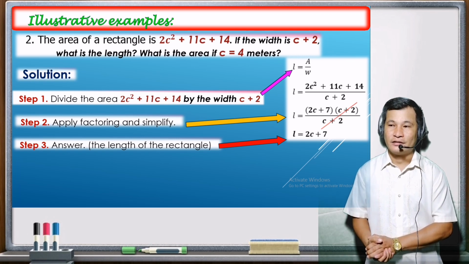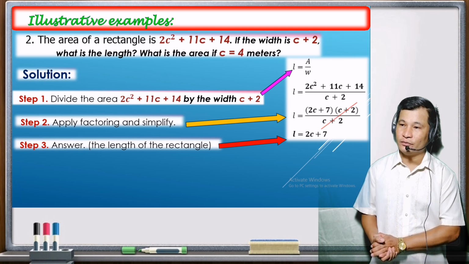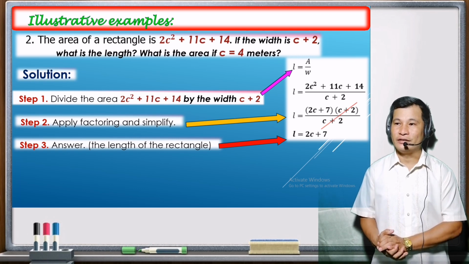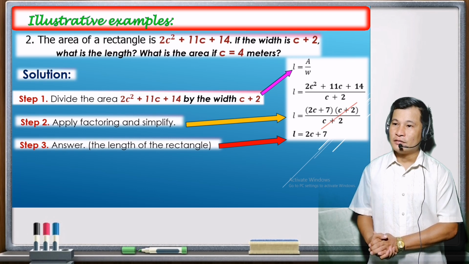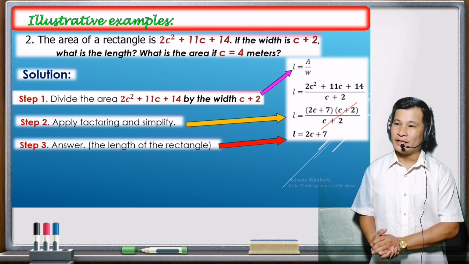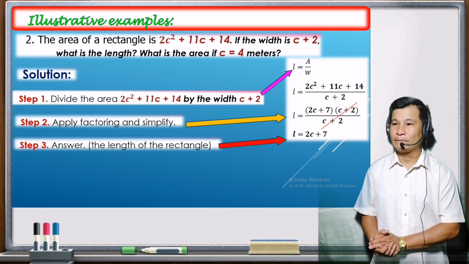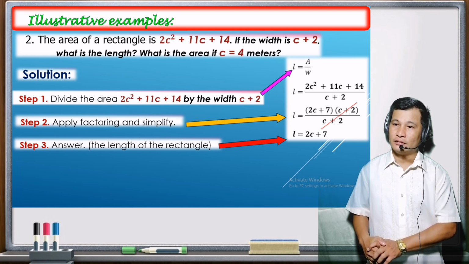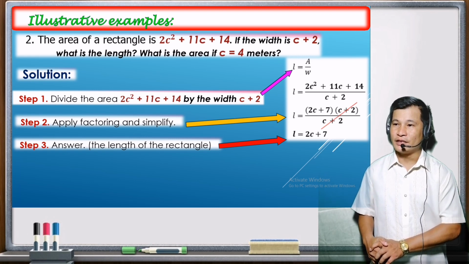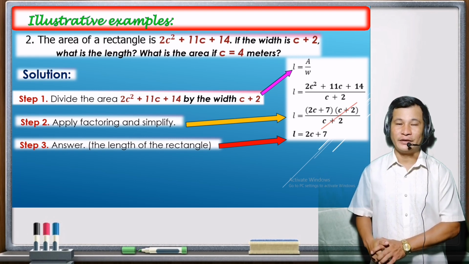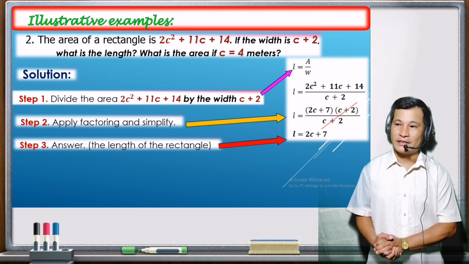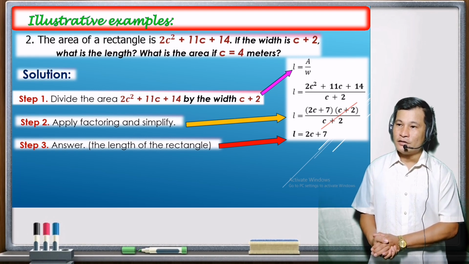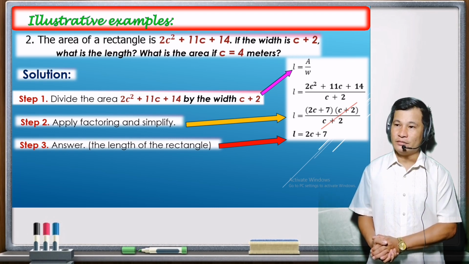write the final answer. So in our solution, we have L equals A over W, where L equals the length, A is the area, and W is the width. That equals 2c squared plus 11c plus 14 over c plus 2. If we factor the given polynomial 2c squared plus 11c plus 14, which is the area of the rectangle, we arrive at 2c plus 7 times c plus 2 all over c plus 2. So we cancel the factors c plus 2